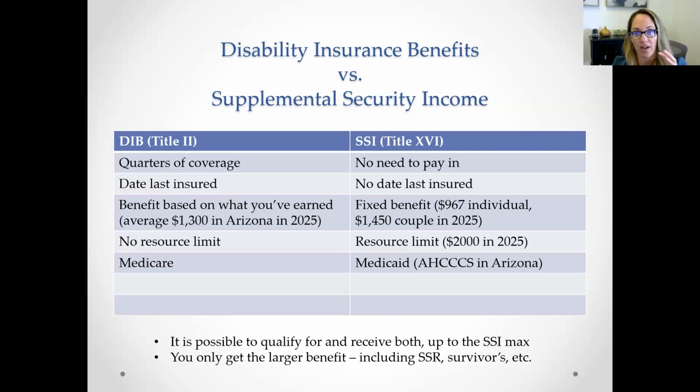The first major one is called Disability Insurance Benefits, or Title II. If you look at the slide, it's the left column. This is the program for people who have worked and paid in to Social Security. Every time you have a paycheck from your employer, part of the taxes coming out of your check go to Social Security. That's like paying into an insurance plan. So every time you work and get a paycheck, part of it goes into the pot of Social Security.